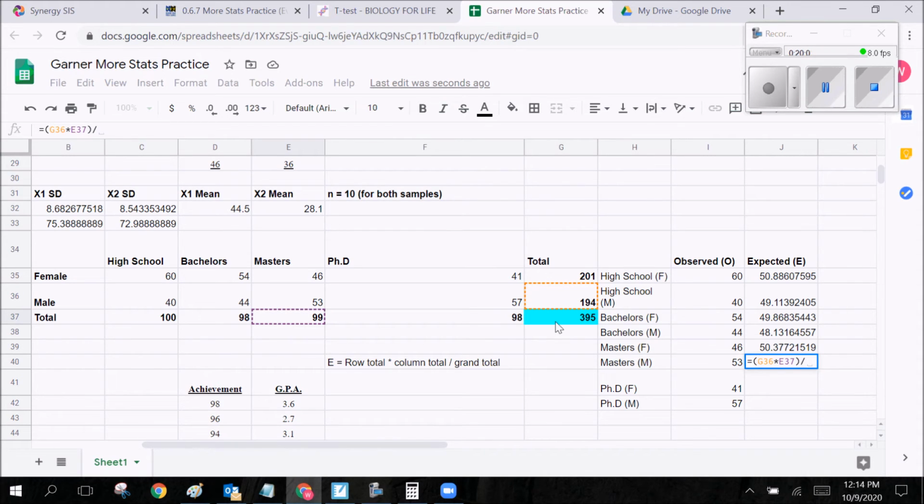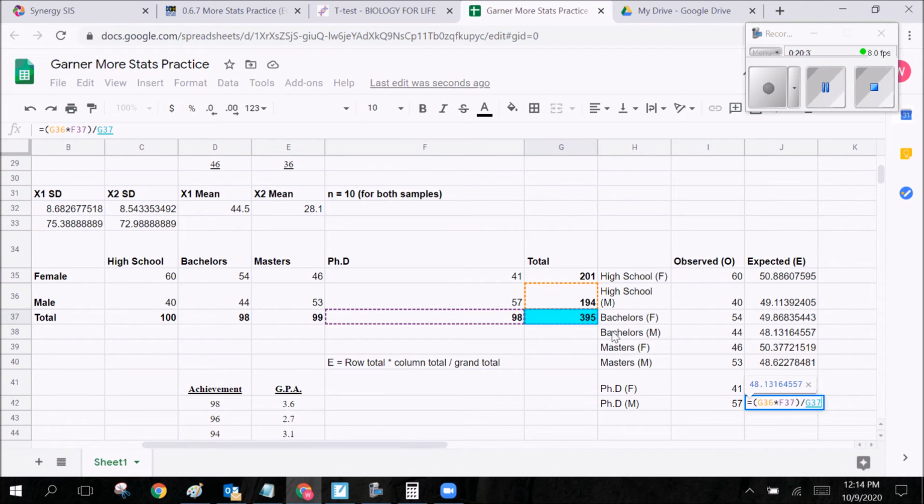divided by grand. The most common mistake here when you're doing this is to accidentally choose the wrong column or row total. Got to make sure you're starting in the actual cell that represents the number you're looking at, or the category. So PhD females, got to start here, row, multiplied by, go back to the PhD females, column, close parentheses, divided by the grand. Grand never changes, so that's kind of an easy one to figure out. Male, PhD, boom, row, column,